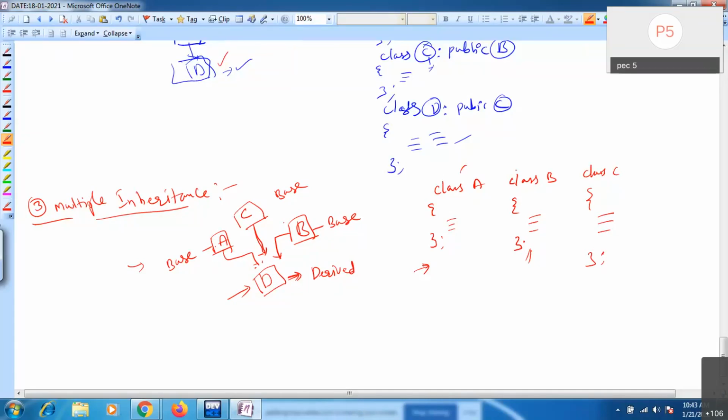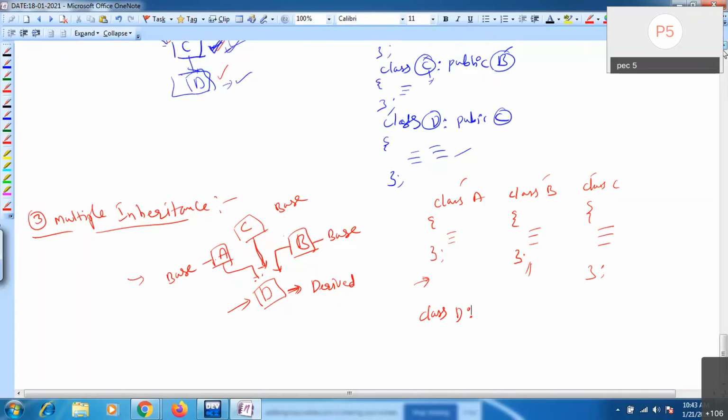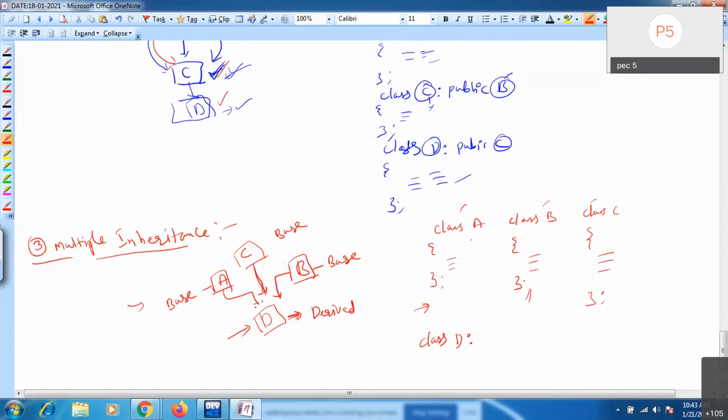Three base classes you have: one, two, three, A, B, C. From these three base classes, you are going to derive one class D. How can you do it? In the previous case, you simply use our derived inheritance syntax: derived class, mode, base class. The same syntax we follow here also, but here you have multiple base classes.